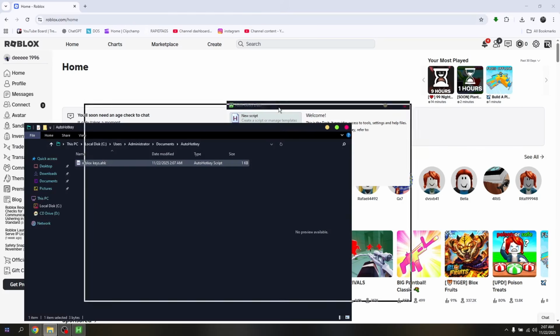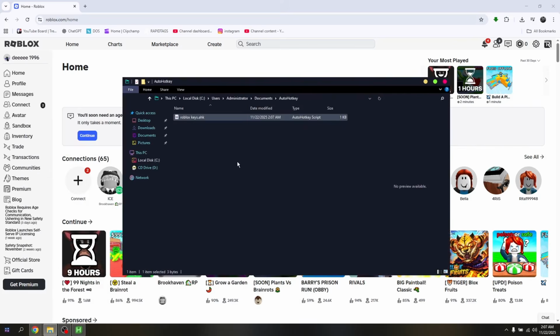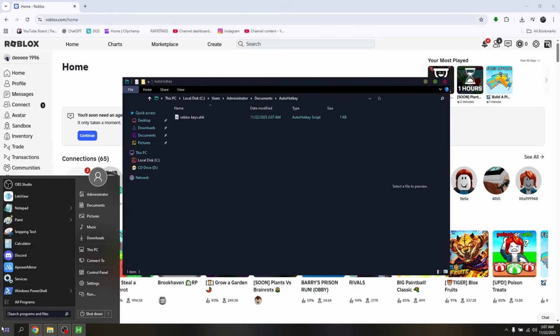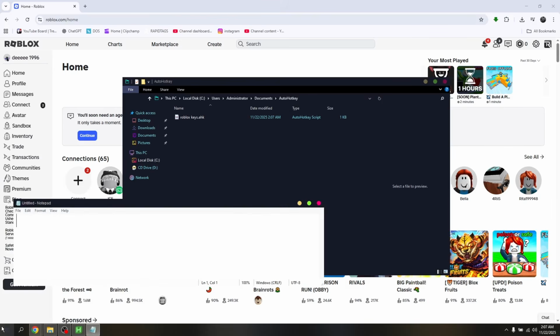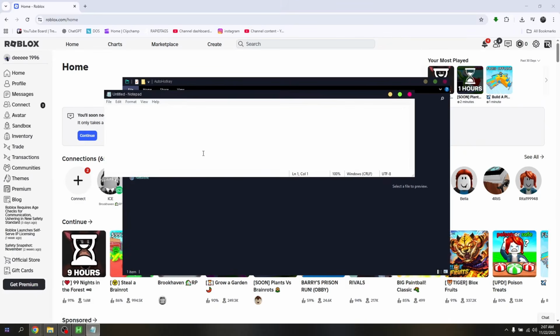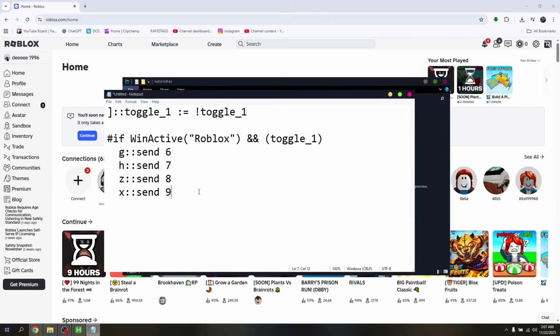Now there's going to be a new window that will pop out, which is the Roblox hotkey that you just created. And then create a shortcut key here. Type in Notepad. Now paste this link or setup for you to be able to customize the keys you want. Now copy this,